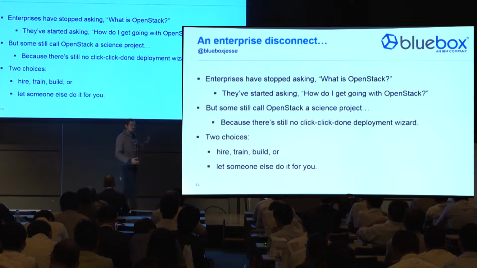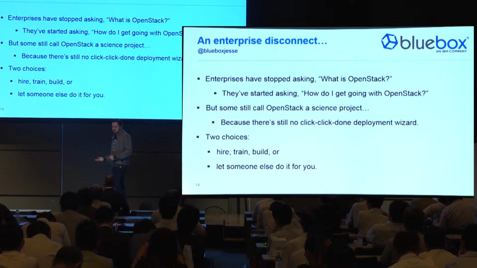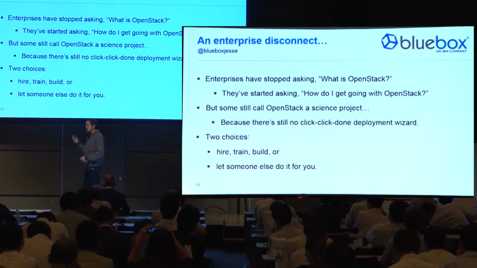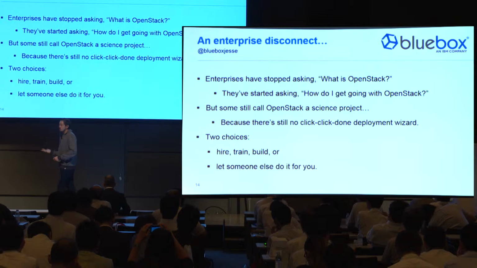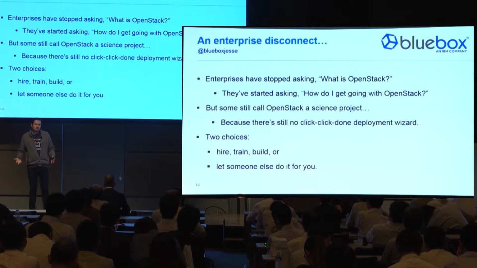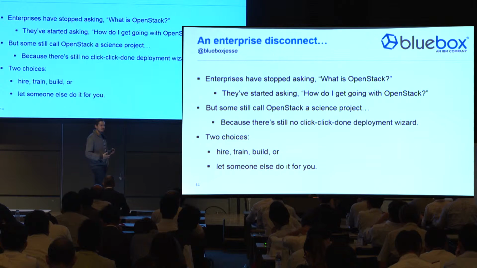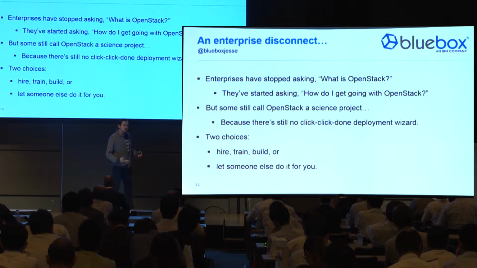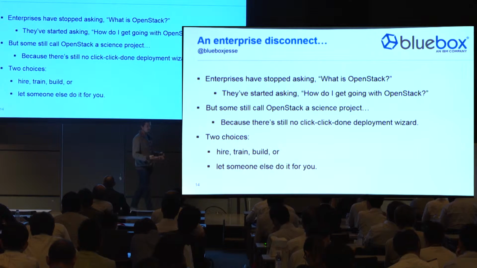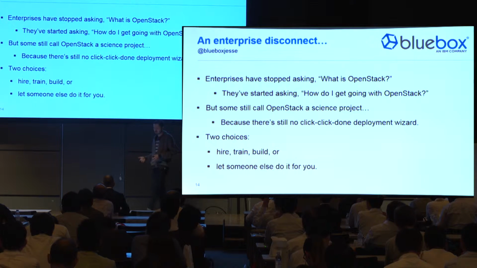We've also seen a shift now with the maturity of OpenStack. So in the beginning number of years, many enterprises asked, what is OpenStack? And by and large, we're beyond that point now. Today, we see the conversation being, how do I get started with OpenStack? Some still call OpenStack a science project. And I think the challenge that we see is that because it hasn't been a platform that has necessarily been easy to install or operate, we do hear a lot of challenges about failures of installations or failures of pilot projects because there hasn't been that simple solution.